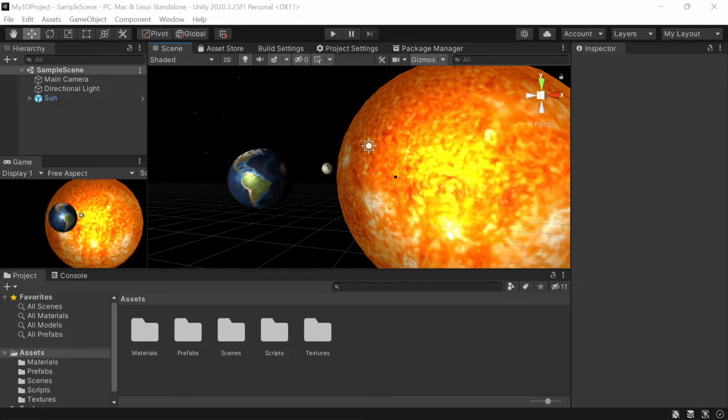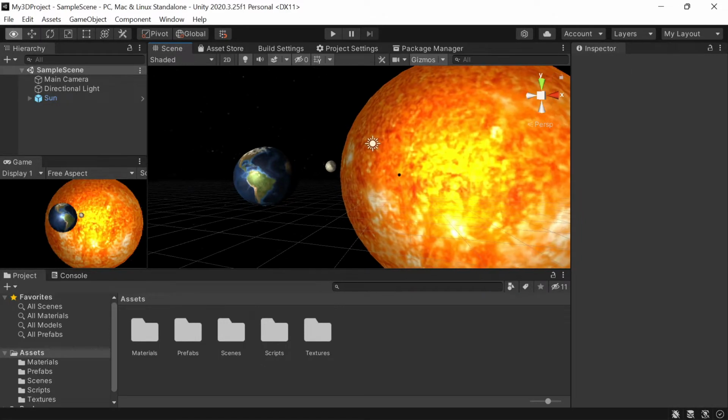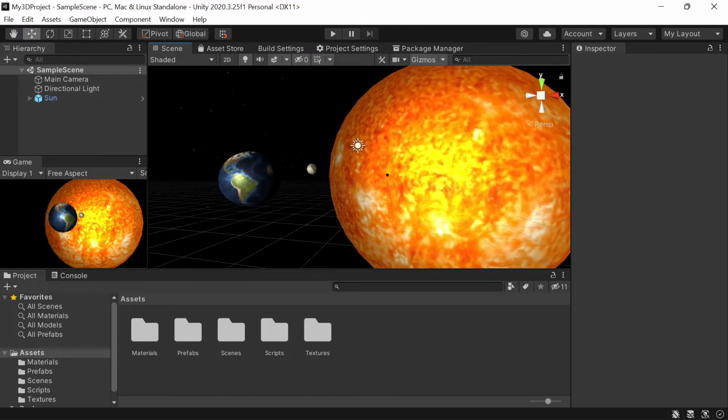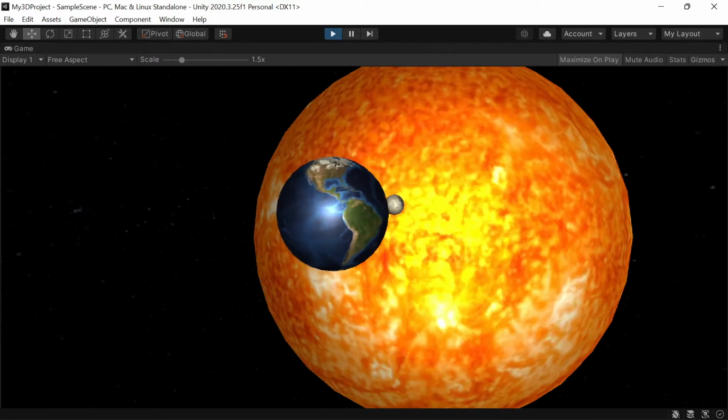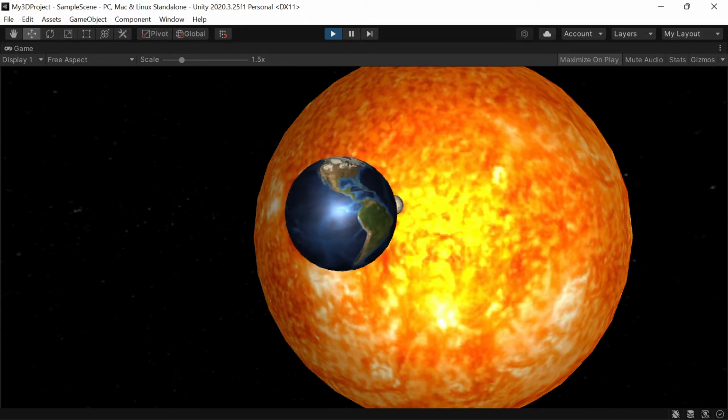Right here we have our Unity scene. I have prototyped the solar system in Unity, shown the steps before. So it's basically a digital prototype. It has already some animations in there. So the moon is going around the Earth, and the Earth is going around the sun, and the sun is